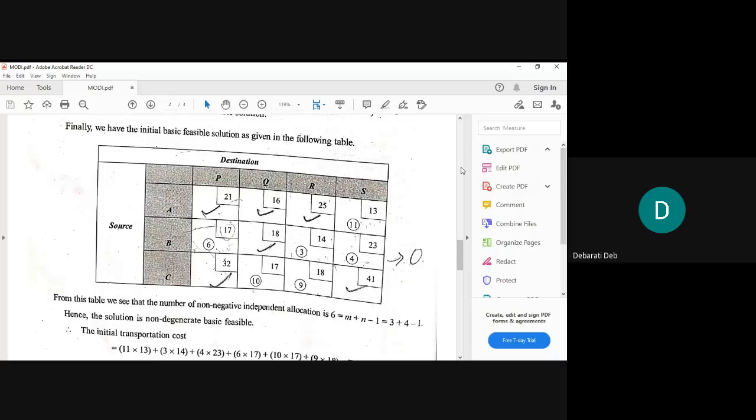But in order to test the optimality, this is our necessity. You are saying that in the final initial basic table that you are writing as a solution in the rest of the sums, why are you not writing the supply and the demand side and the striking off part, right? Yes, ma'am. Yes, you can write, no problem in that. In this book, it has not been written because here the Modi method would be applied, so twice they would have to write. That's why they have written it once.